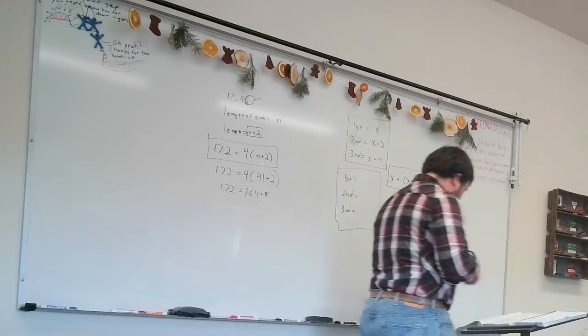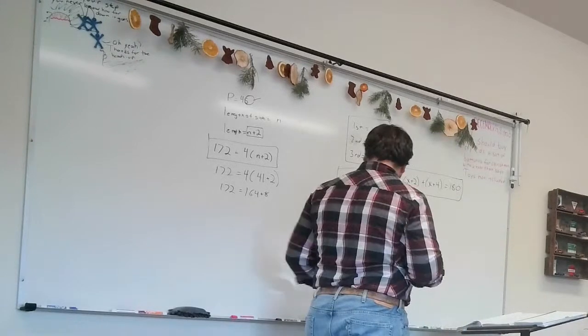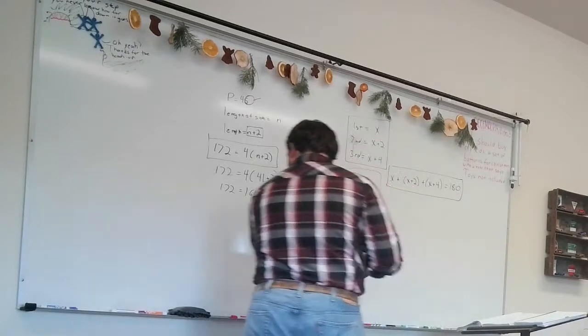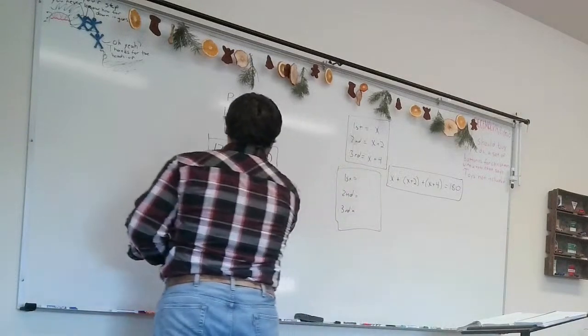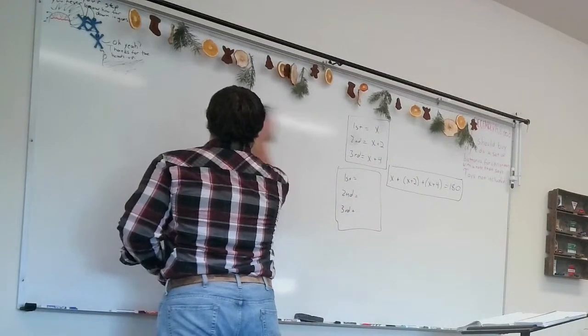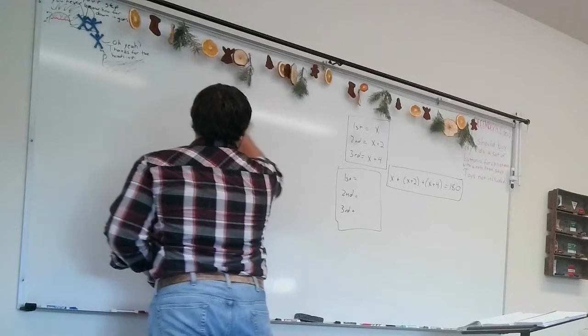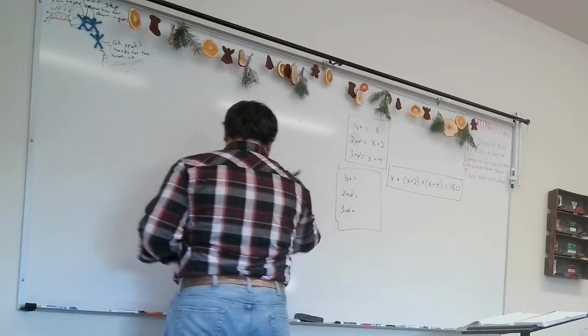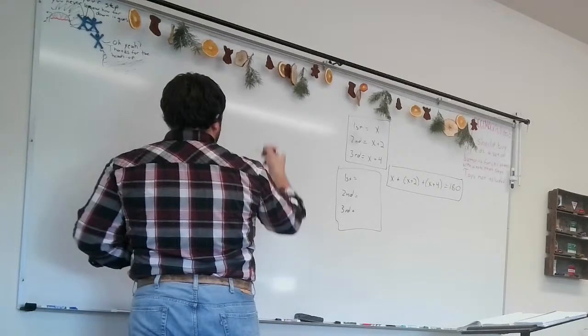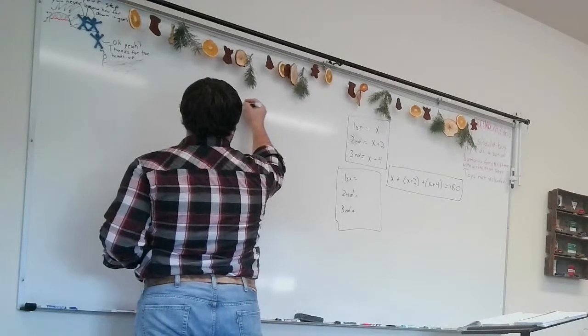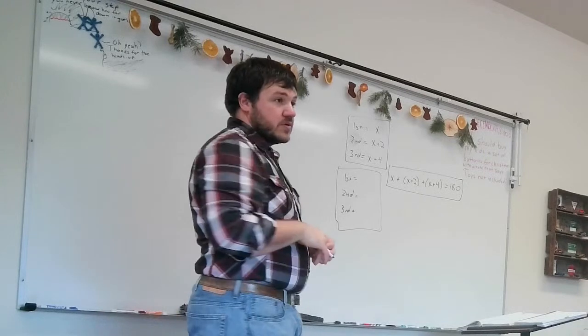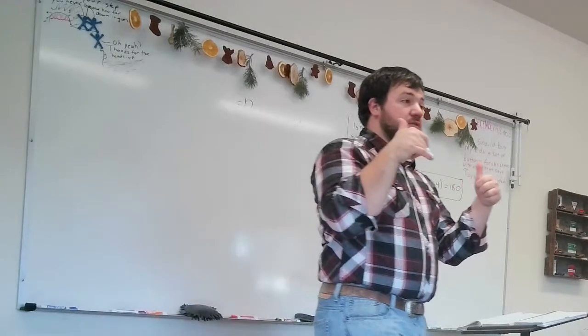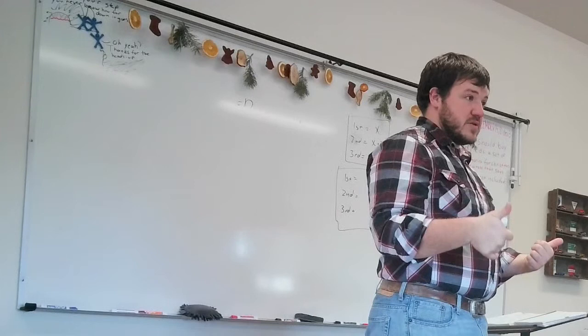Okay, number 9. Let's try to figure this out. First of all, what are we looking for specifically? Tyler's father is 4 times Tyler's age. What is our main thing that we're going to call n or x? The amount of years. So we're looking for the amount of years that have gone past, correct? Yeah. All right.